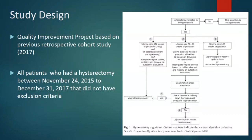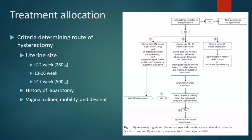And this included all patients who had a hysterectomy and they needed to have their evaluation for hysterectomy in the outpatient setting between November 24th, 2015 and December 31st, 2017, so about 2 years. This included all patients who did not meet their exclusion criteria. So there was no blinding, there was no control group. To allocate their patients, they created their algorithm based on the algorithm that they had used in their previous study,